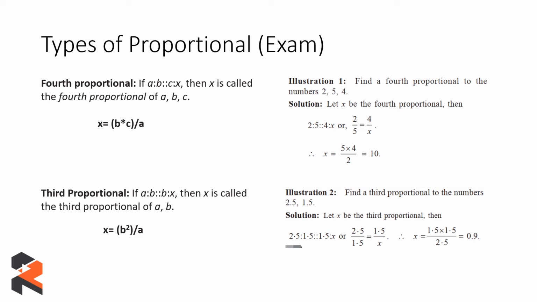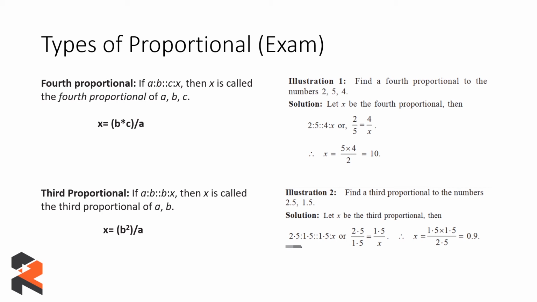Then as per our equation, 2.5 is to 1.5 as 1.5 is to x. So we can simply see that the expression is provided to us and we have to just evaluate it. But you can see that 1.5 will occur twice: the first is called the antecedent, and the second one is called the consequent.